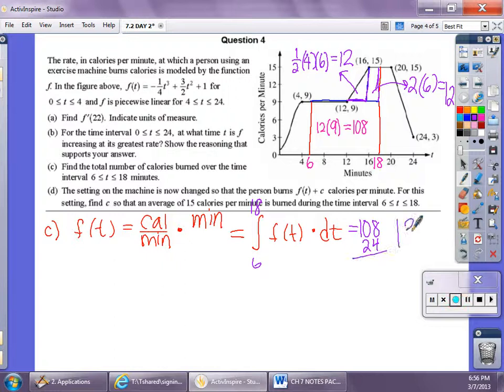So 132. And it looks like total number of calories. They don't ask for units. There we go. All done. All right. Letter D